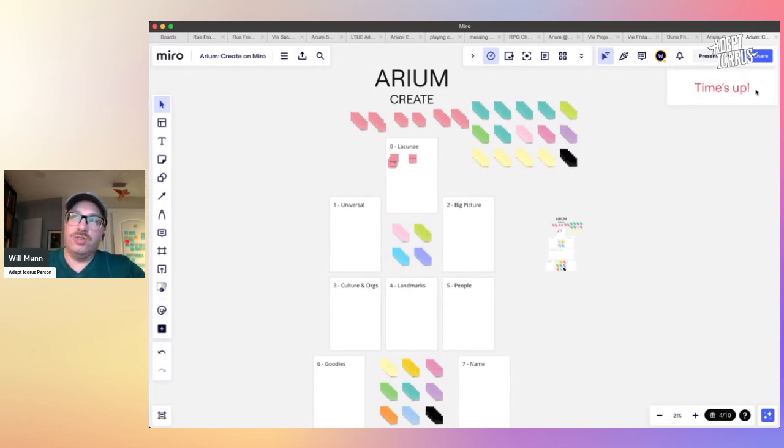It gives a little toast like this in the corner of the screen when it's done, but it also gives a chime that everybody who's on the board can hear as long as they have their headphones on. And I assume that if you're doing this, you're not doing this in person. Everybody's probably on Discord or Zoom or something like that, so they're probably talking to each other already. So you can all hear the chime when the timer ends, and that's really nice for Arium because in Arium